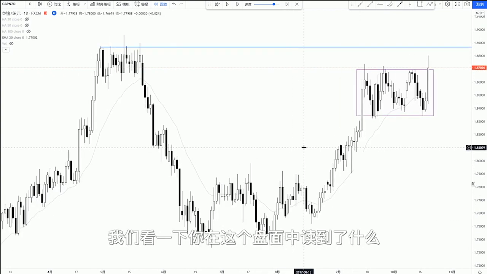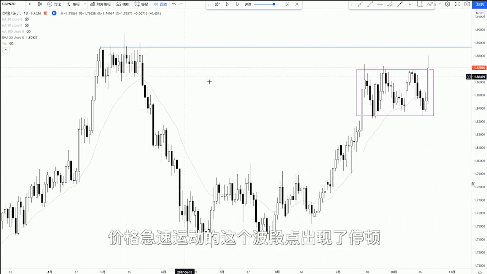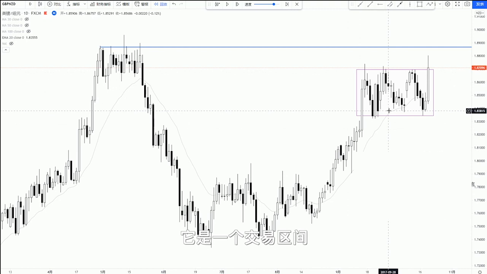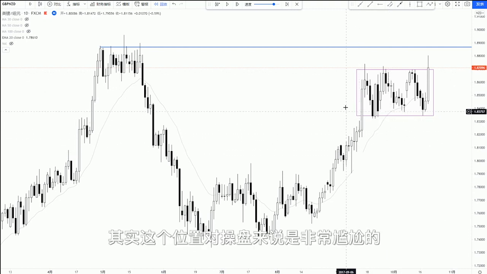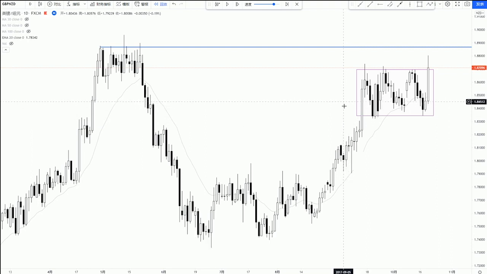this disk. There's clearly a band point ahead where prices are moving rapidly, and there's a pause in the band point, and there's a box, which is a trading band that represents uncertainty in price. In fact, this position is very embarrassing for the trading, can be up and down the probability of 50%, but